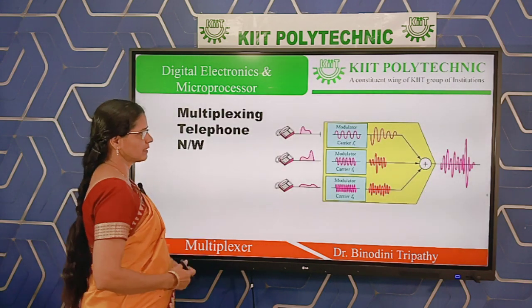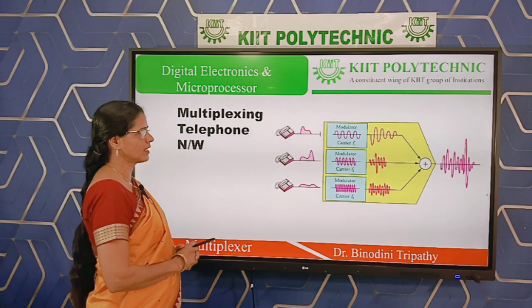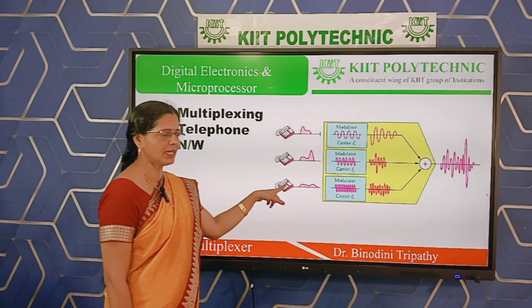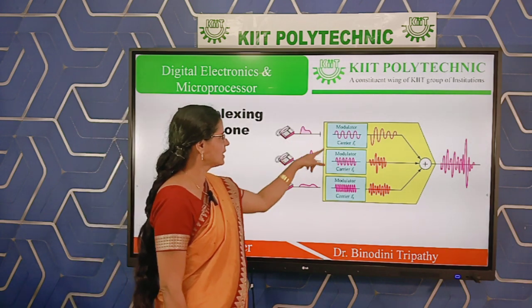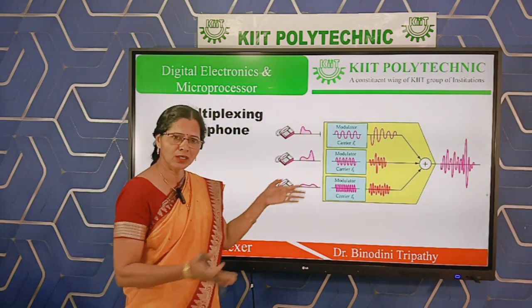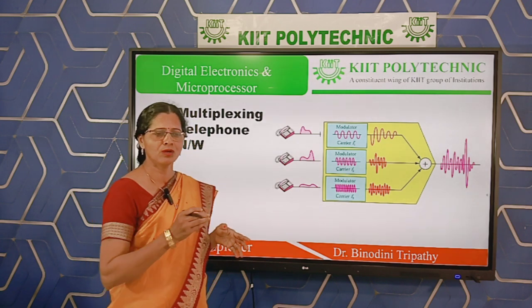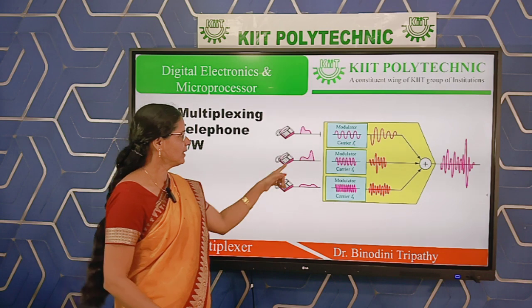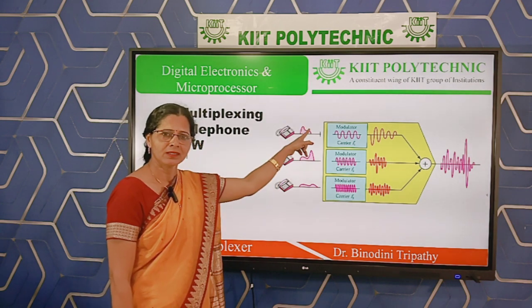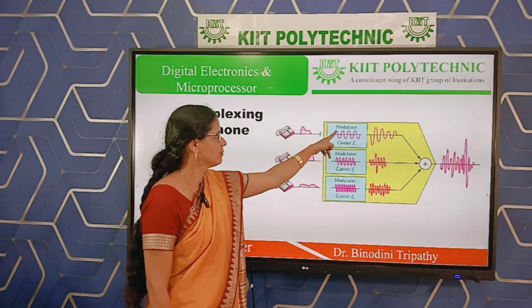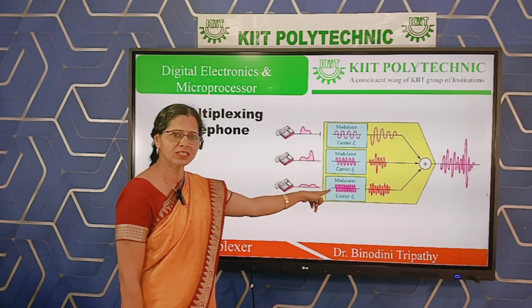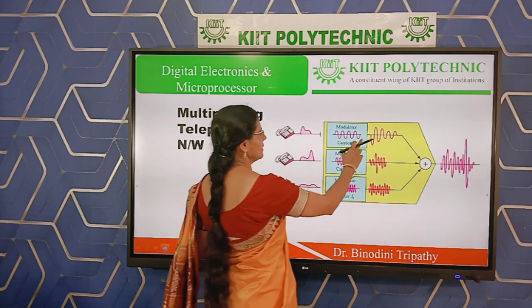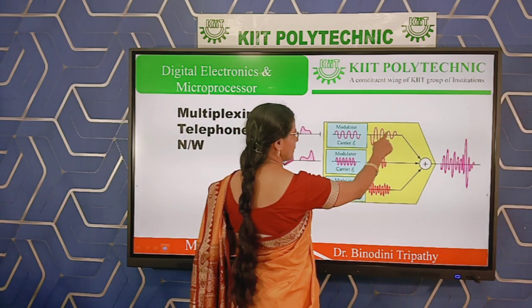This is also a multiplexing process, a very simple example of how signals are combined. Suppose you have three telephones. Three telephones are creating three signals, and all these three signals are first of all modulated or enclosed, just like you are enclosing your dress within a packet or within a bag. Similarly, in a communication system, the original signal is modulated by using a higher frequency signal to avail so many merits. Then this is the final signal after modulation.